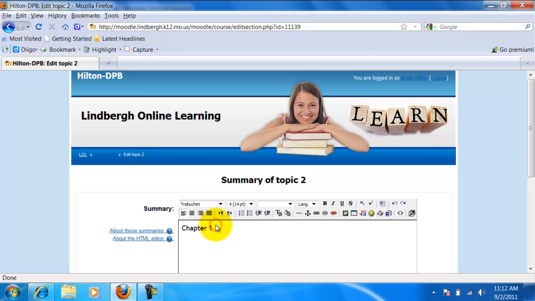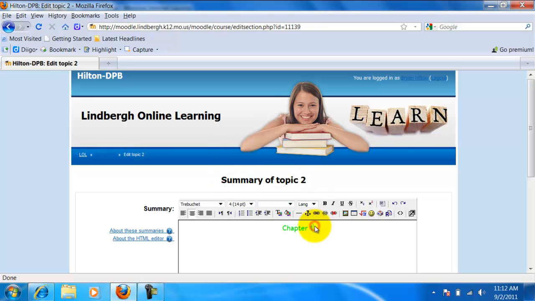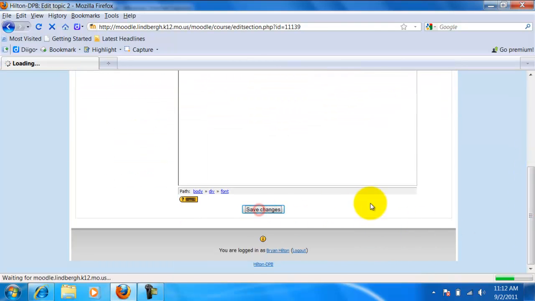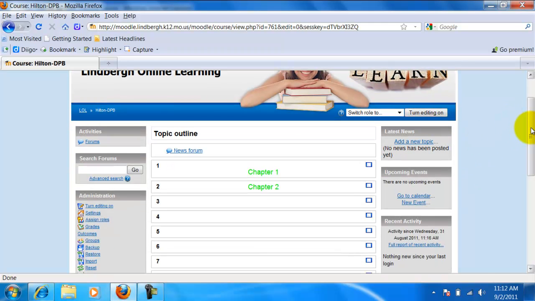Okay. Now I have my font size correct. I can just come back in and center it, grab that color again, and just change it. Alright, that'll save you a lot of time. Okay, notice now I have chapter 1 and chapter 2. Again, just repeat this process until you've named each one of your topic bars. Next, we're going to take a look at labels in the next video, and you'll see why having your topic bar named properly will really help you when you're putting in labels, and then ultimately